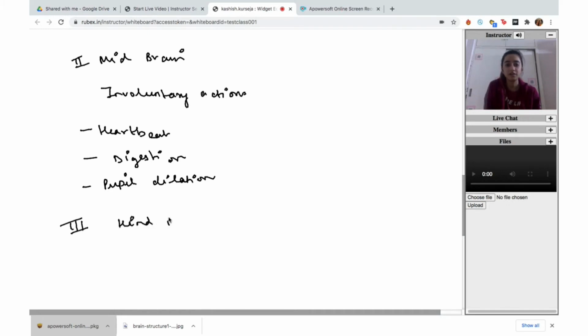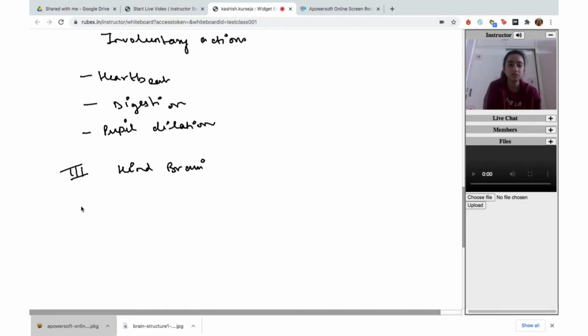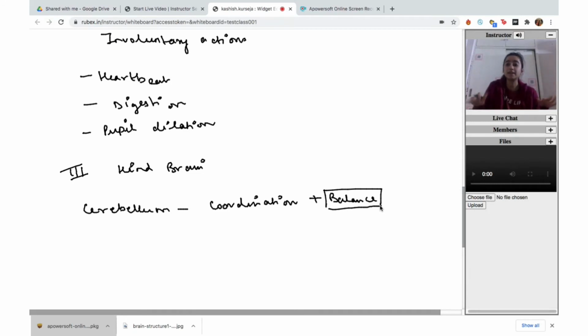Finally, we have the hindbrain. In the hindbrain we had to discuss three parts as I just told you earlier. So one of them is cerebellum. Do not get it confused with the cerebrum. Okay, so this is important for coordination and balance in the body. For example, when you are cycling, you need some amount of balance in your body. Okay, this becomes a very key element there. So the balance of the body is maintained because of the cerebellum. It also helps in maintenance of your body posture. If it gets hurt here at any time, you can literally just fall down because your body will lose all of its balance.